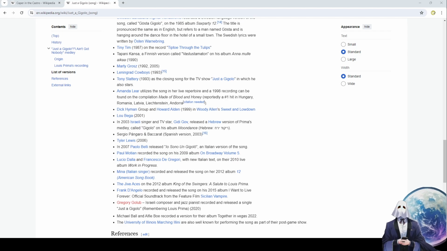Bela Lugosi's Dead. From The Hunger. It's not an original song, but it is a famous song from a movie with David Bowie in it that he didn't sing. I would love to have heard David Bowie do a Bela Lugosi's Dead cover. I think that would have been amazing. But I could understand why. Yes, I think it's in the opening scene. I think the opening scene is in a club, and I think that's where they play it.